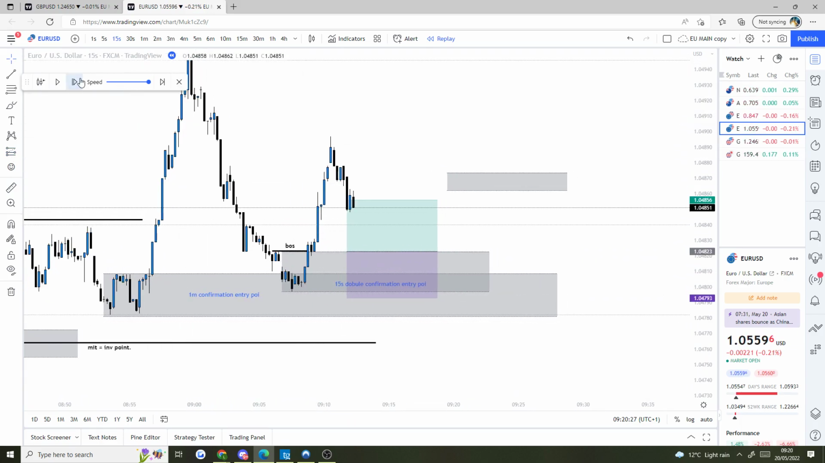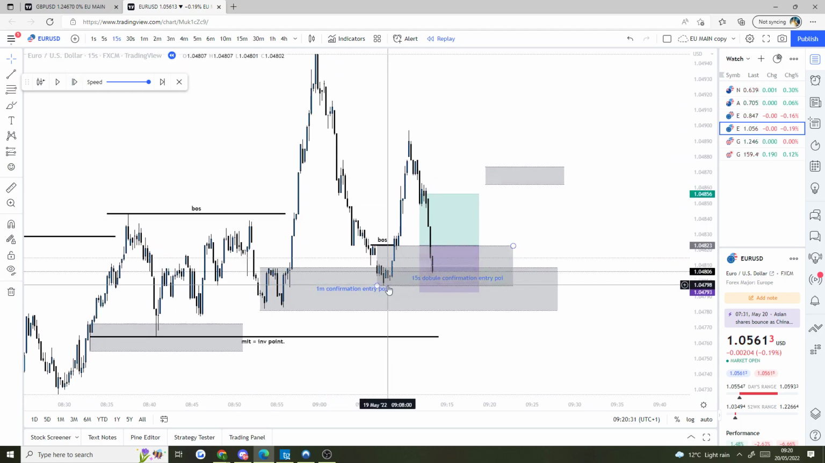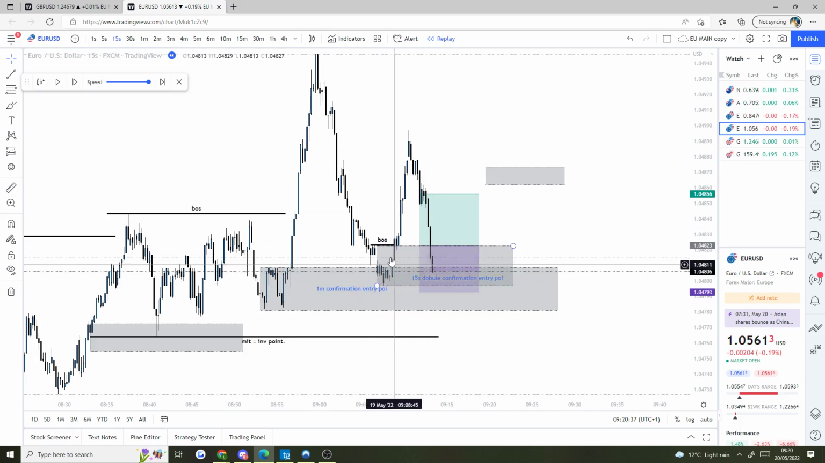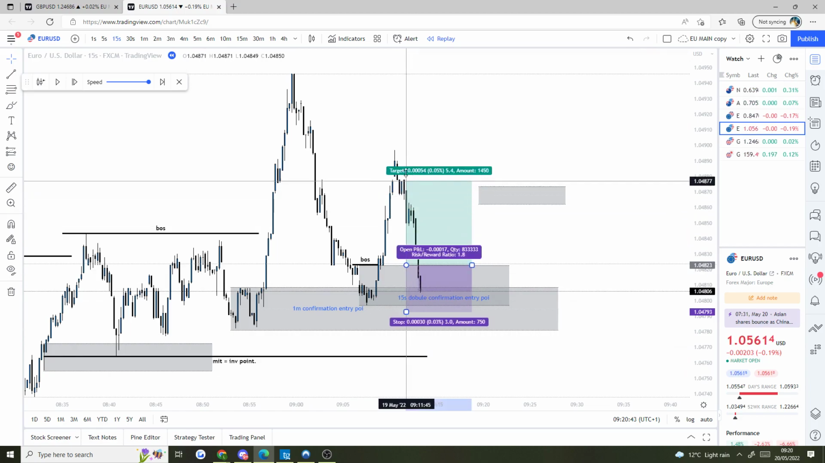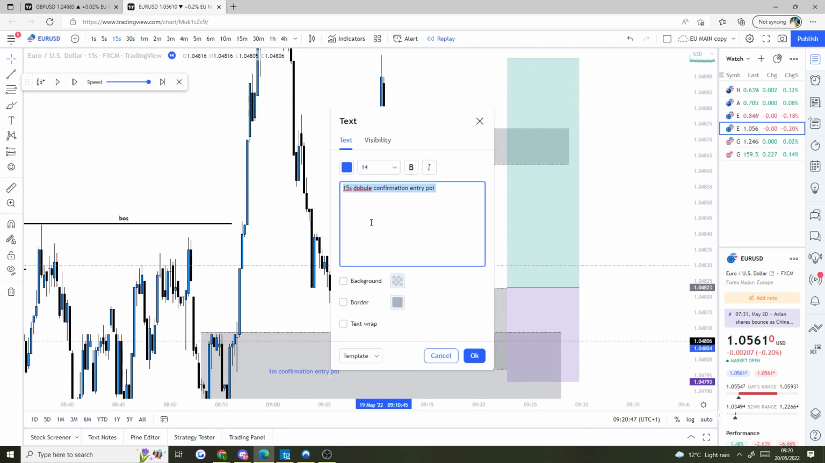But at the time, I didn't feel super comfortable with it, just because I felt like after that impulsive move, if we did retrace down, we potentially wouldn't actually see this area respected. So at the time, I still didn't feel fully comfortable to enter with a limit order using the 15 second like that. So what I plan to do is basically,